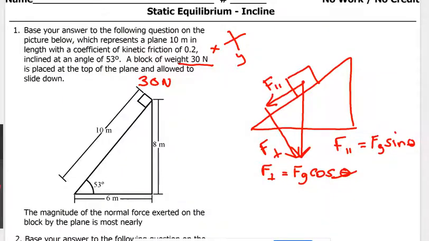All right, I want to give you a little help with some of these problems. This first problem asks for the normal force. That is the ramp's force on the box, the ramp's upward force on the box. Well, how much force does the ramp exert on the box? It's exactly equal to the box's force on the ramp, because the sum of the forces